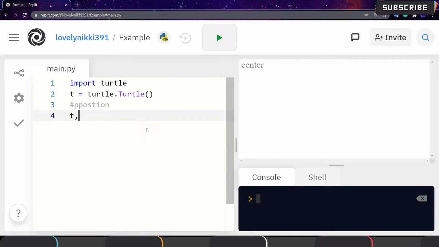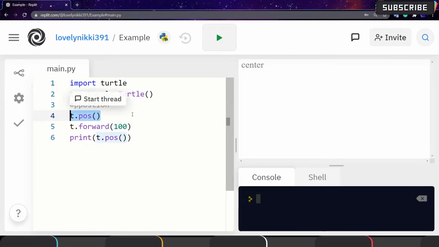Suppose I move t.forward up to 100. Then I want to see the position again. I think we need to use print here because it prints in the console, not in the turtle window.